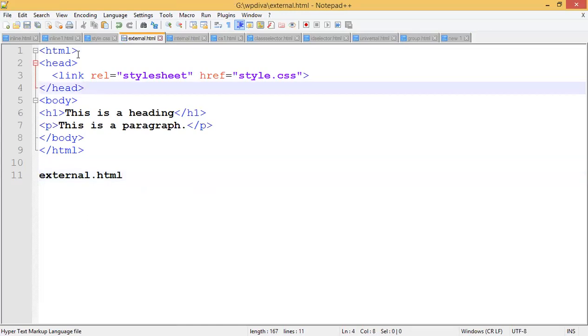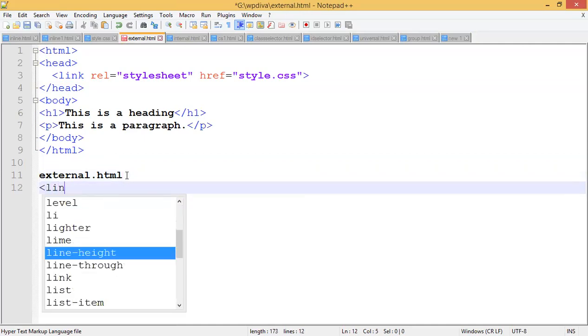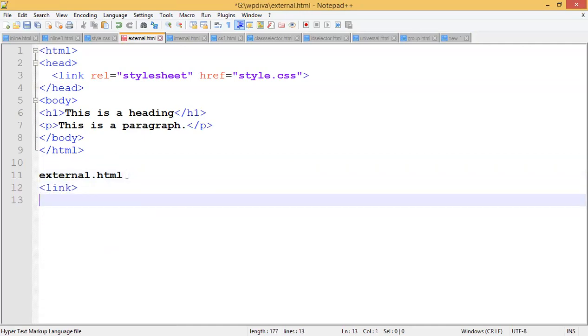Now what code goes here? I told you that we take help of one more tag here, which is called the link tag, right? So why are we using the link tag?